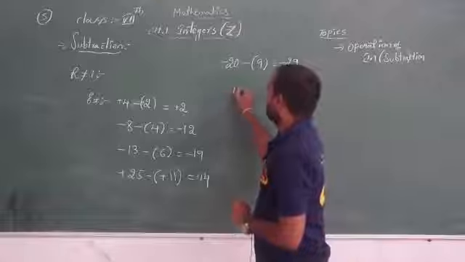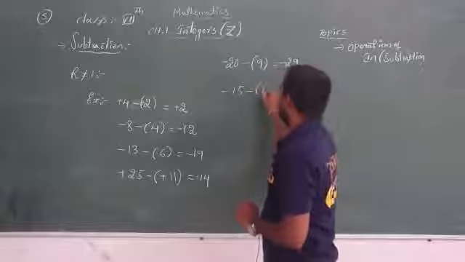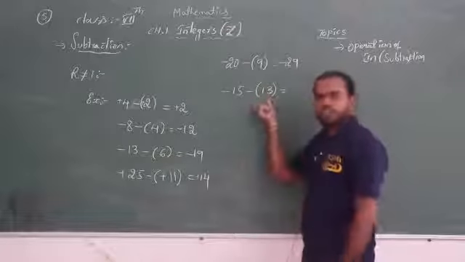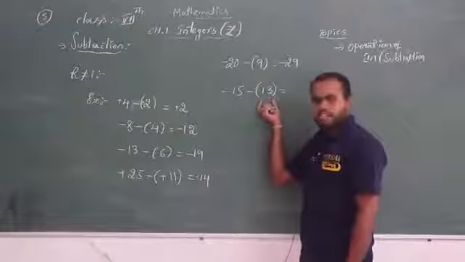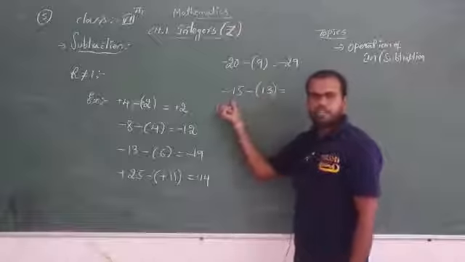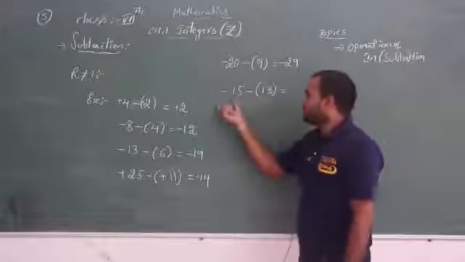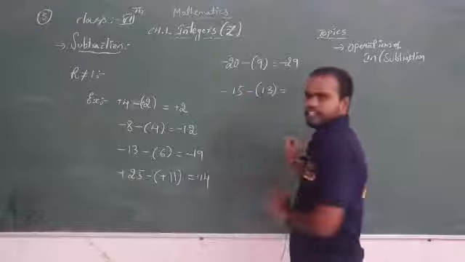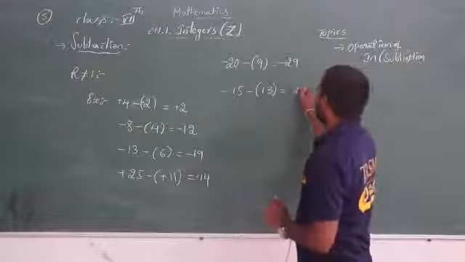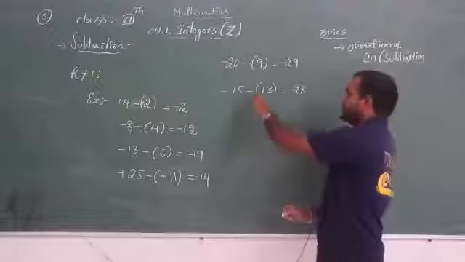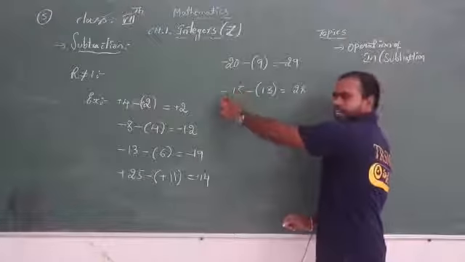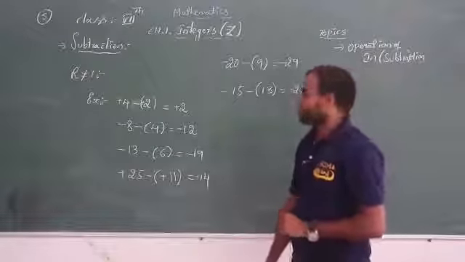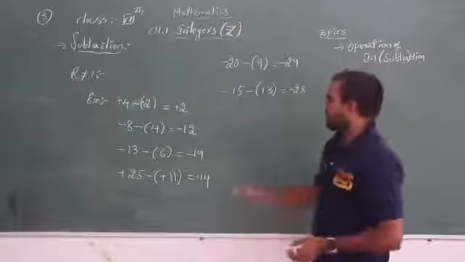I am taking minus 15 and minus 13. Okay, so now here what are we doing? We are subtracting the positive integer from a negative integer. So whenever we are subtracting this, what do we have to do? We have to add the integers first. So 15 plus 13, how much will you get? It is nothing but 28. And which sign do we have to take? We have a minus sign, right? So we have to take the minus symbol. So it is nothing but minus 28. Now see one more example.